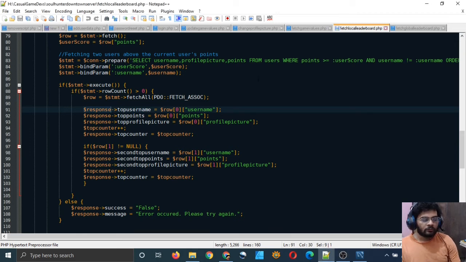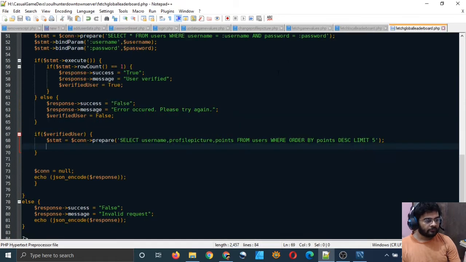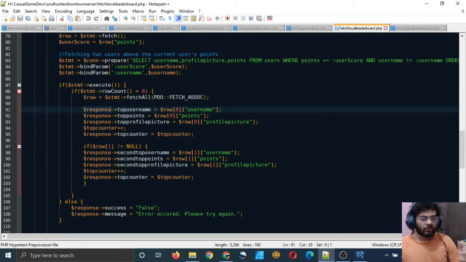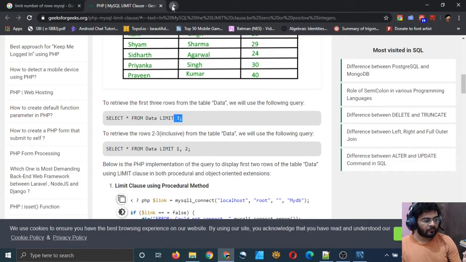But now we have to structure this variable in this file in such a way that it gets encoded like a JSON array.